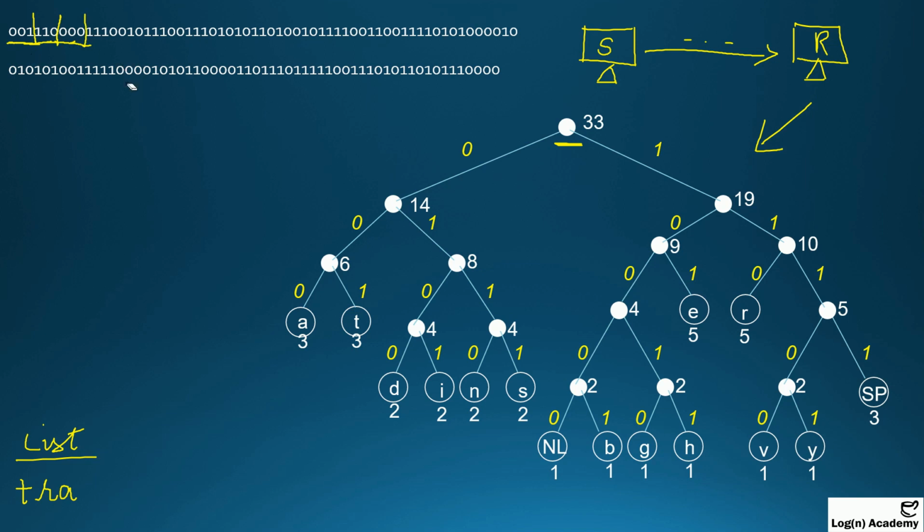these three numbers also. Now we have 1 1 1. So let's traverse towards 1 1 and 1. Now we haven't reached any character, so we will keep on traversing. Then we have 0 and 0, and now we got a character which is V. We will store the character here, and